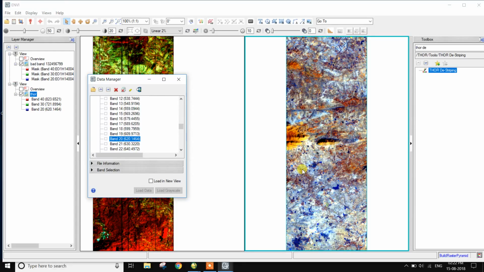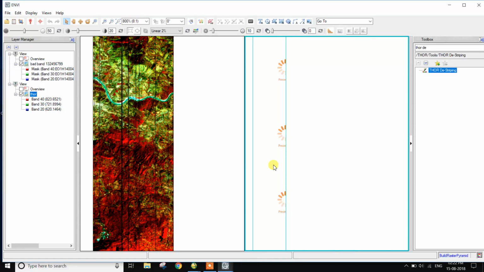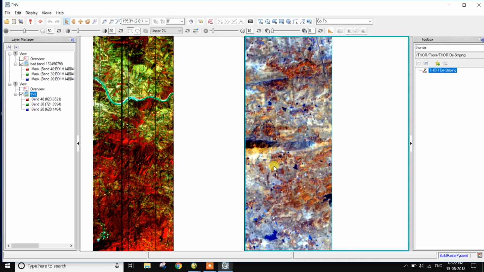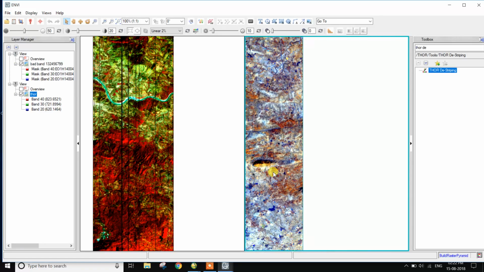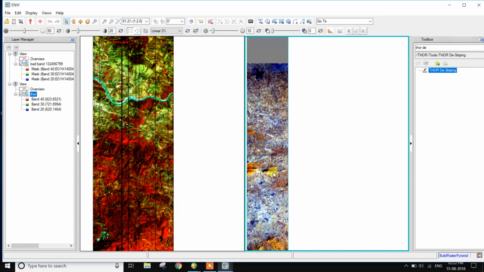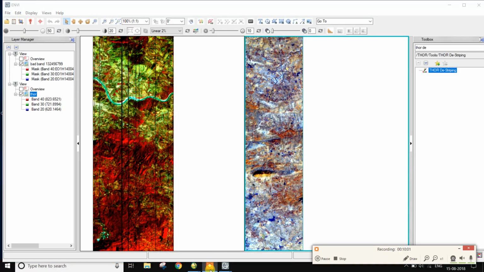So this completes the bad line removal of hyperspectral data: at first the manual removal, and next the third day stripping. This completes the third day stripping video.